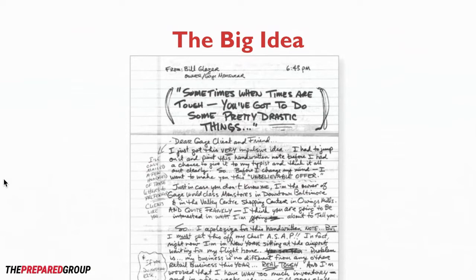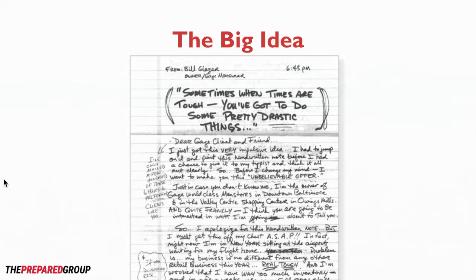And he sent out this letter and basically said, hey, look, we had this flood. He didn't tell them it wasn't a really big deal, but they had this flood. And it was an excuse for them to put everything on sale. And the gimmick is that basically what he did was he hand wrote the letter. And he says right here,